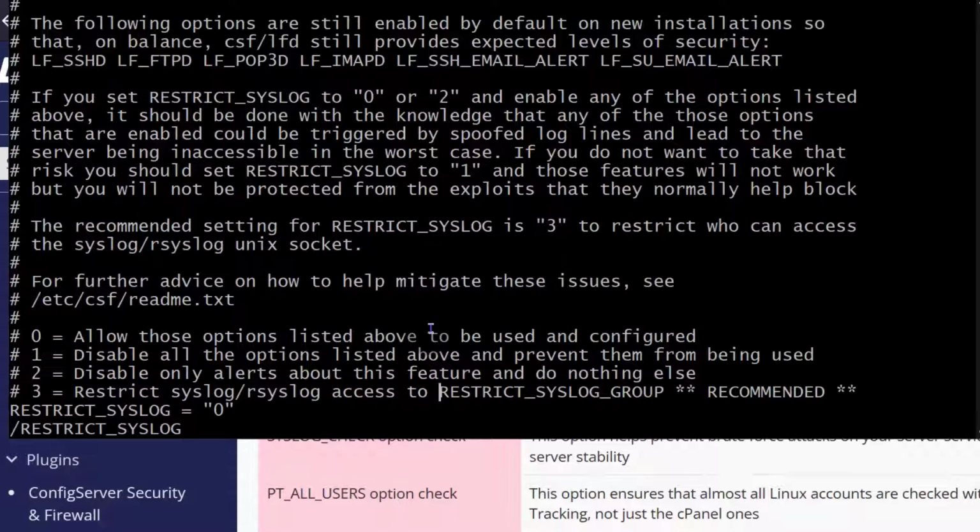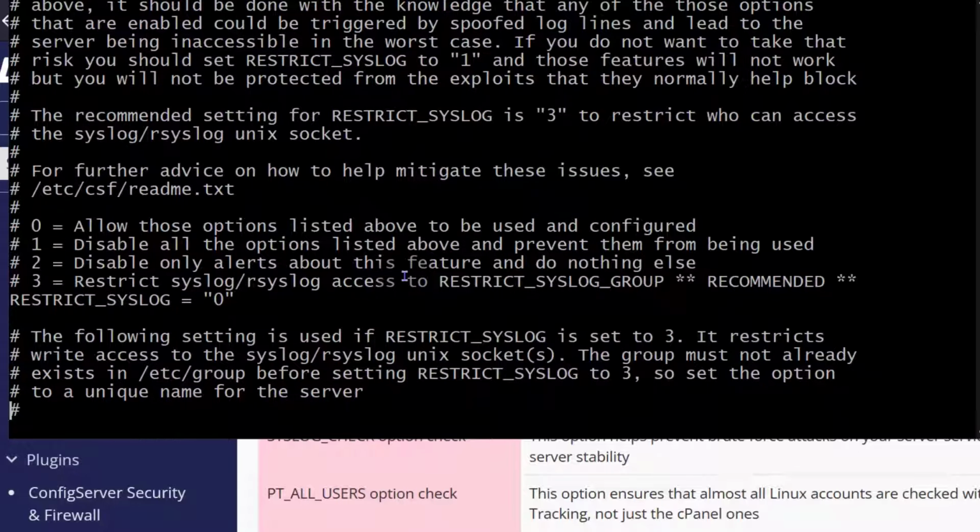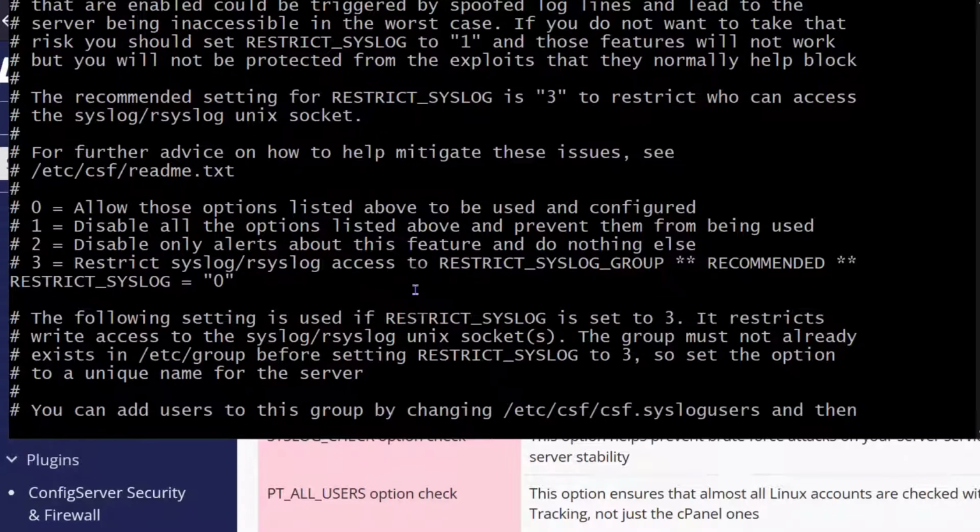So here you can see there is a recommendation. What we need to change is there. For this, I'm going to come down here and do Shift A to go to the end of this line and put me in insert mode at the end of this line. And then I'll just enter 3 for the recommended option. And that is not the last item that we need to change on this configuration file. The next item